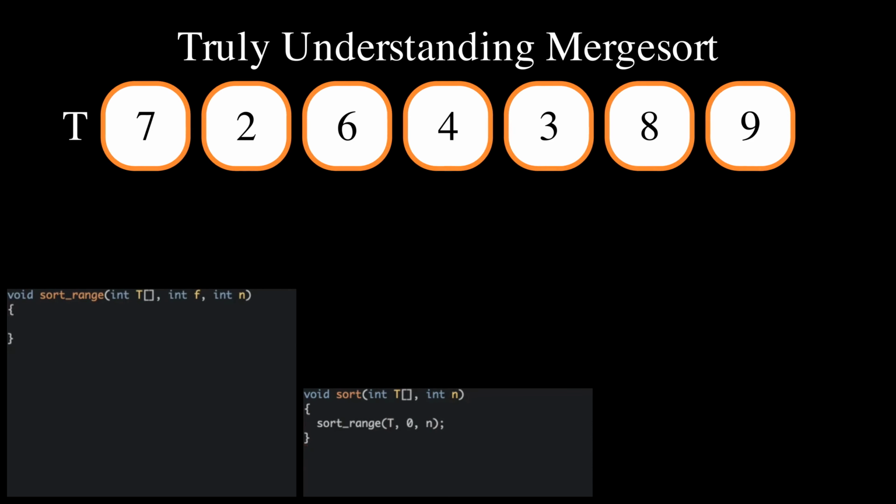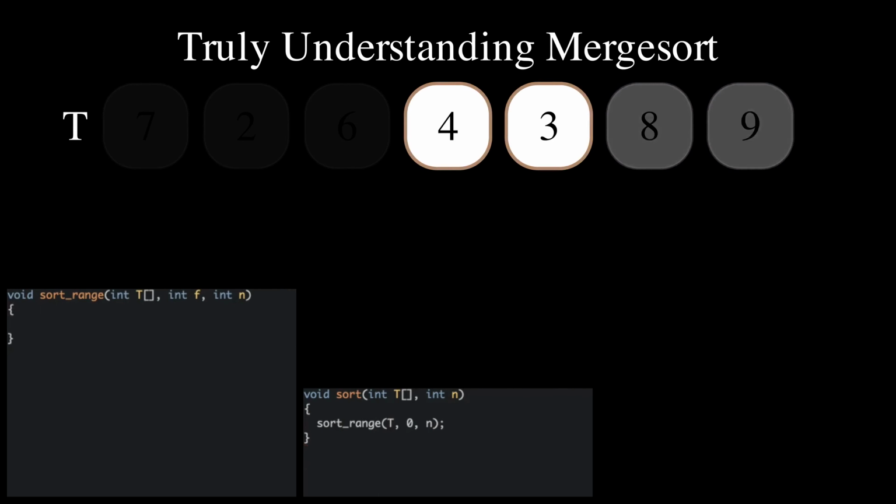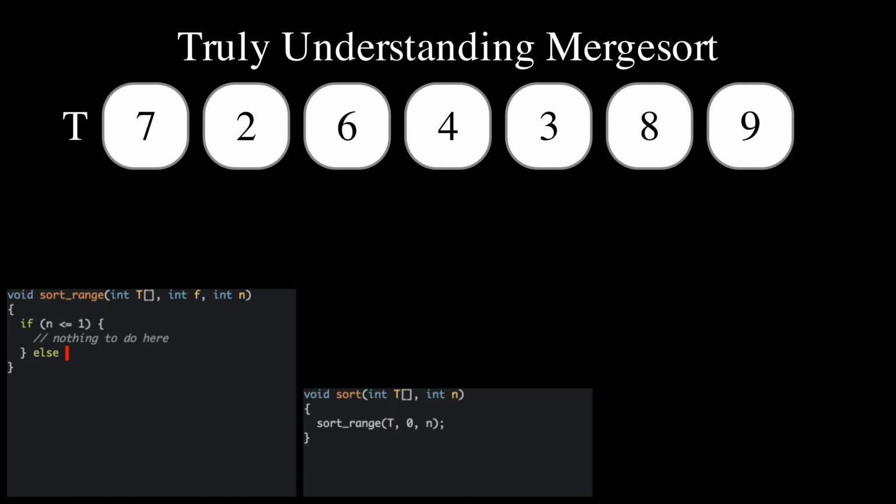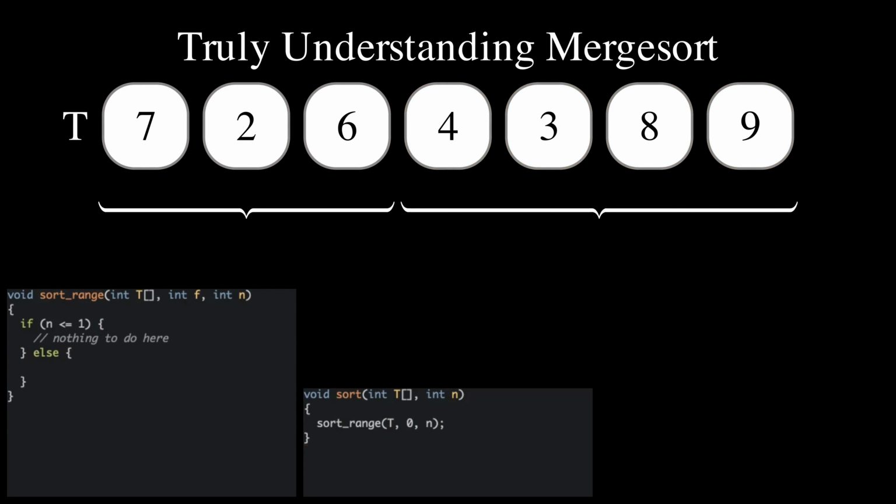As with any recursive function that terminates, sort_range must have a base case where recursion is not necessary anymore. The base case consists of ranges having 0 or 1 elements, as these ranges are already sorted. In the base case, there is no work to do. Instead, we perform all the hard work in the recursive case. We need to split the range into 2 subranges of roughly the same size. The length of the first subrange is half the length of the initial range, rounded down to the nearest integer. The length of the second subrange is then the initial number of elements, minus the elements in the first subrange.